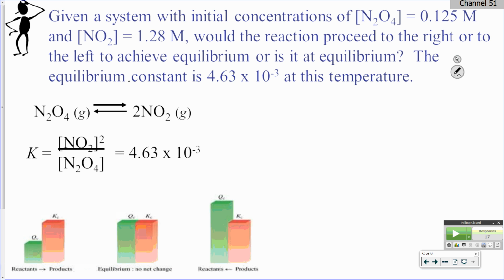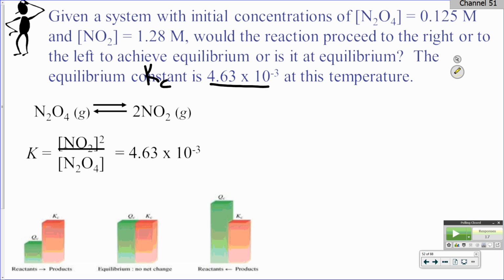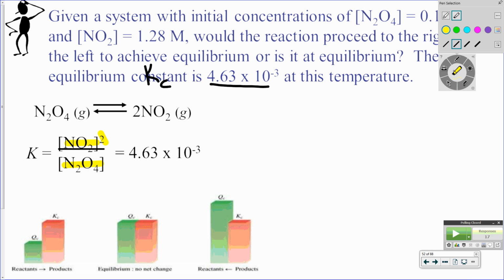The equilibrium constant K sub C is 4.36 times 10 to the minus third. So it's products over reactants. It's simply a matter of plugging in my initial values to find out what the term is. K sub C is the concentration of products squared divided by the reactants. So if I'm going to do Q, I'm going to do the exact same thing, just plugging in my initial